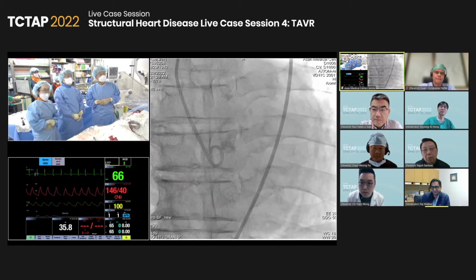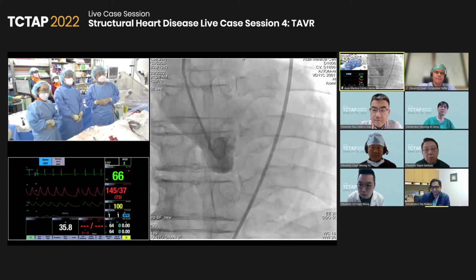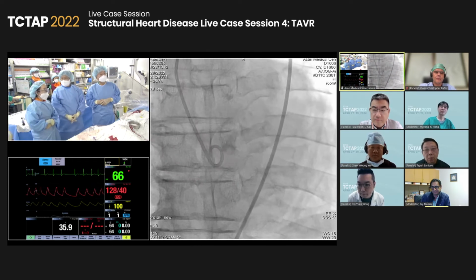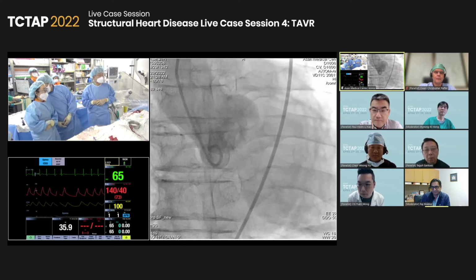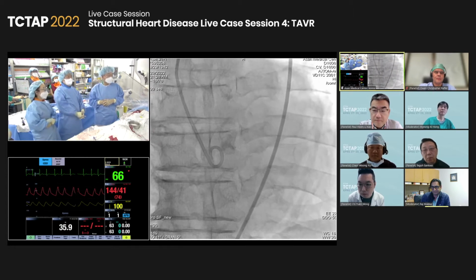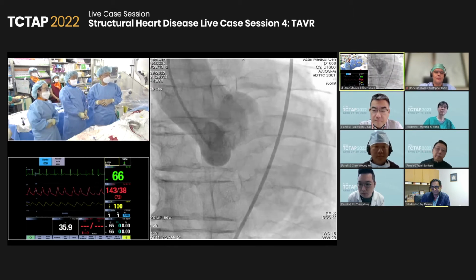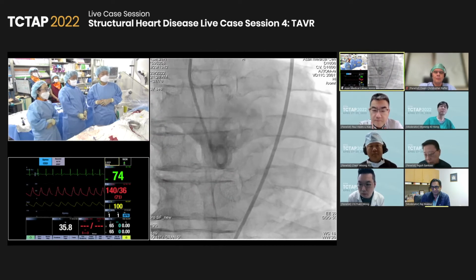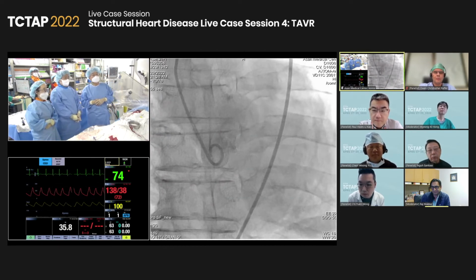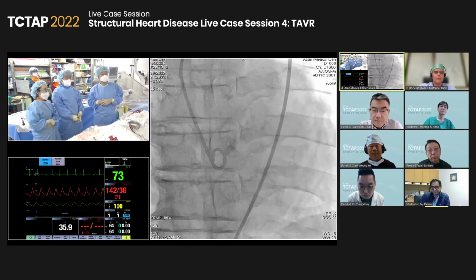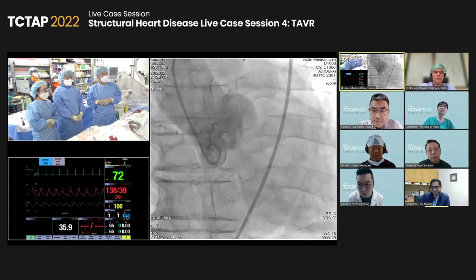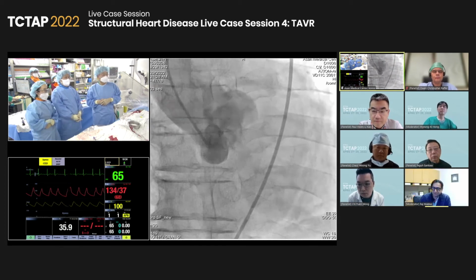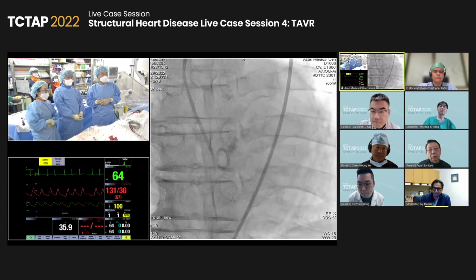This patient is 80 years old. From what I can see here, there doesn't seem to be any significant coronary artery obstruction. So I think coronary access is less of an issue, especially in somebody who is 80 years old and doesn't have coronary stenosis. You should choose a device that you're most comfortable with and do a lot of. At my center, we would go ahead and use a SAPIEN 3 valve,